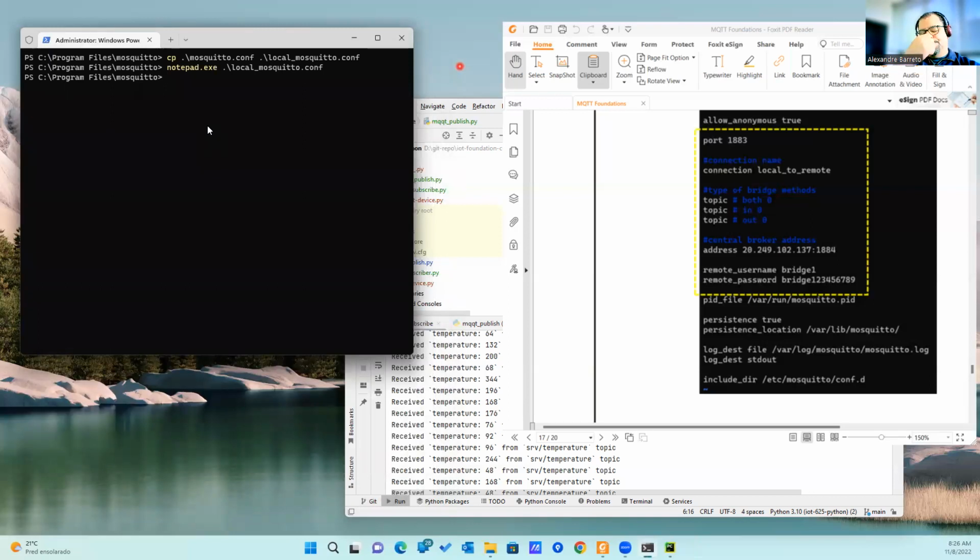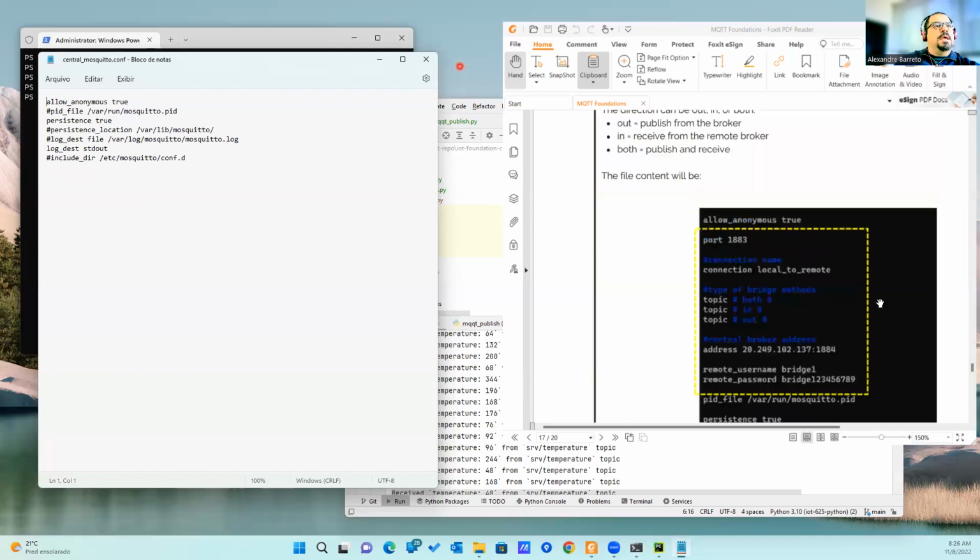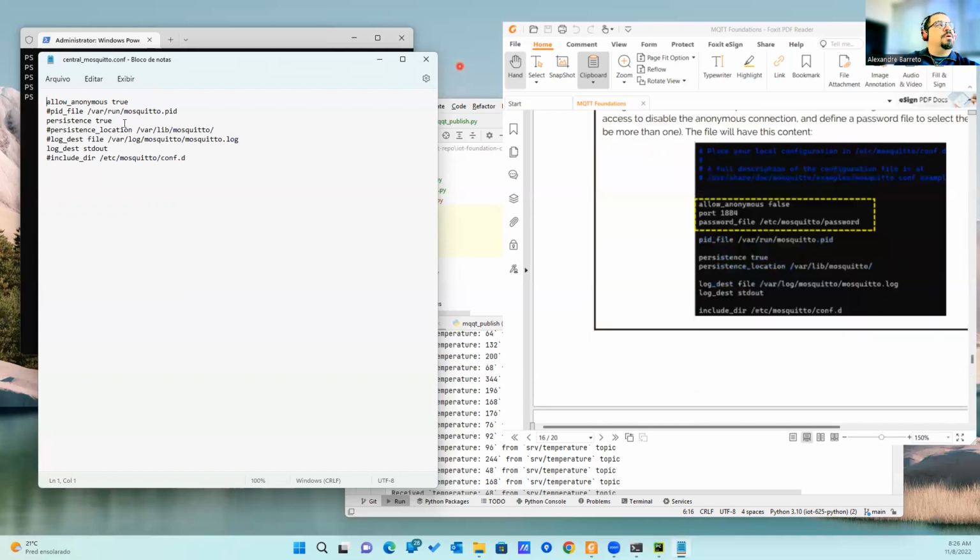The next one, I need to do the same thing to the central Mosquitto. I create a copy from the mosquitto.conf and I use Notepad to open the file. The configuration is a little more simplistic. Allow anonymous false, because it requires authentication. The port 184, and you need to define the password file where it is looking for